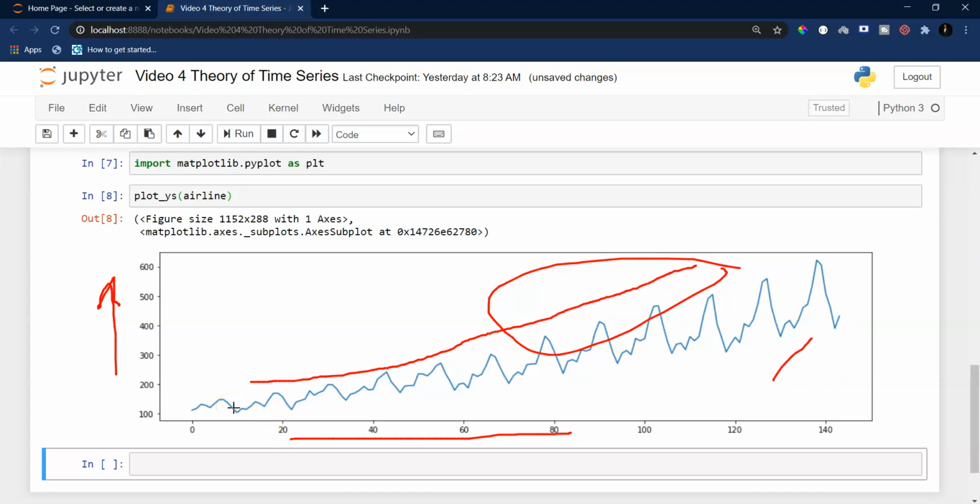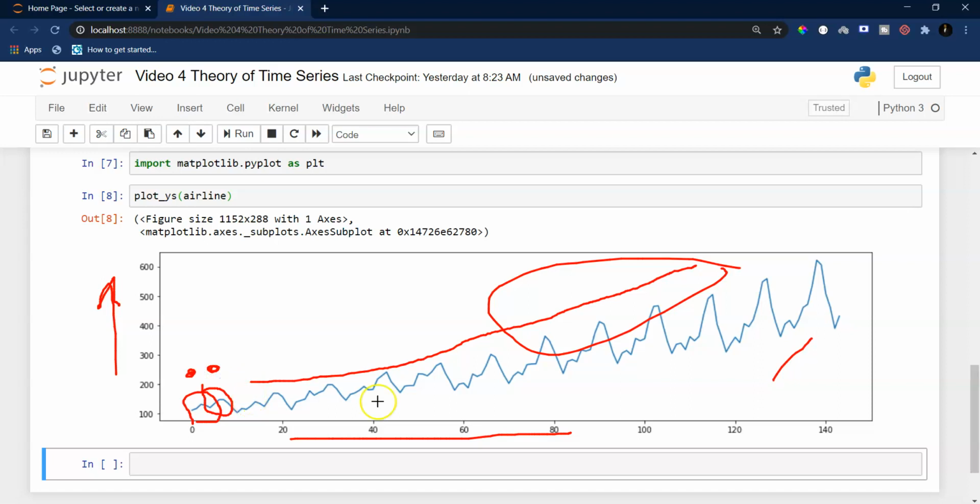We need to specify the time period of the average that we want to consider. I might say I want to take the time period as, let's say, 4 months. It will take 4 months of data and average that out, and it will only consider that average value. Next, it will consider another 4 months of data, average that out, and plot that data.